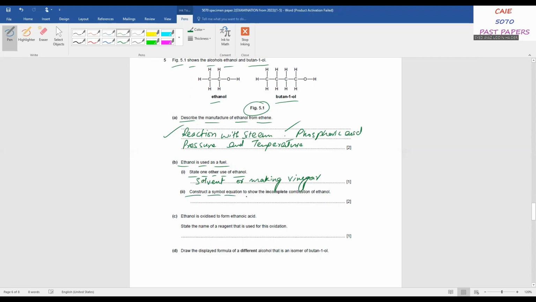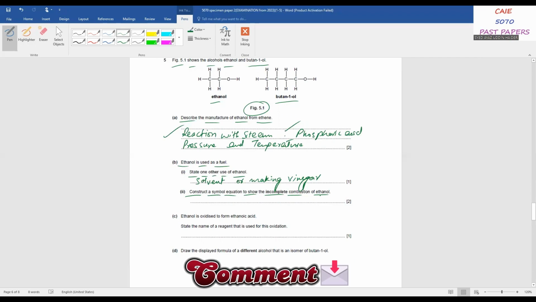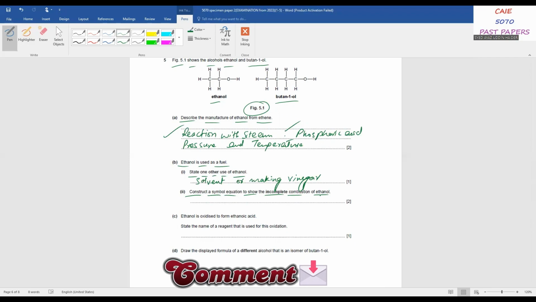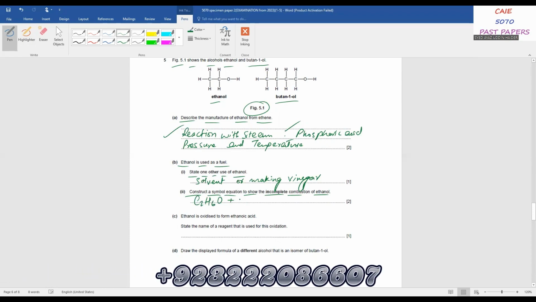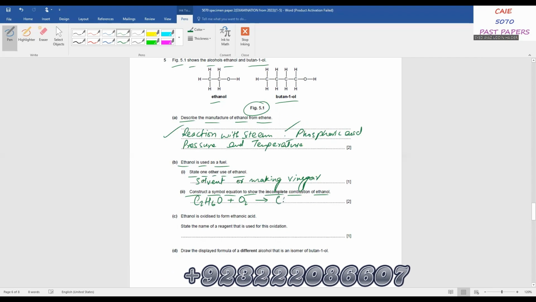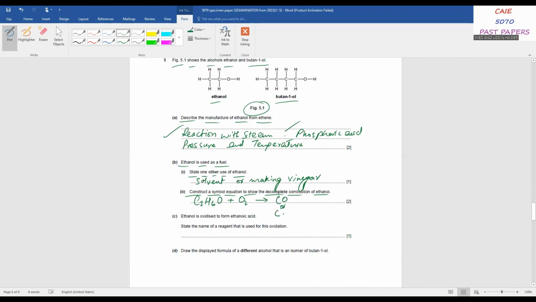Construct a symbol equation to show the incomplete combustion of ethanol. It's very easy. Whenever you go for incomplete combustion of organic compounds, you will get two products. Steam or water will be the common product. The other product will be either carbon monoxide or carbon. So what will be the molecular formula of ethanol? It's C2H6O plus O2. Combustion reaction involves the reaction between a limited supply of oxygen and the organic compound, giving CO or C